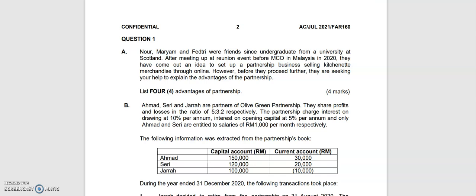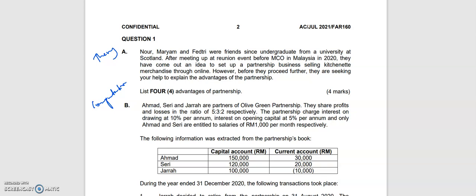As usual, for partnership you have two types of question. One is on the theory and the other one is on the computation. Okay, so let's start on the theory question. You will be given, as usual, a statement here. What you need to do is that you need to know the requirement. So based on the statement here,